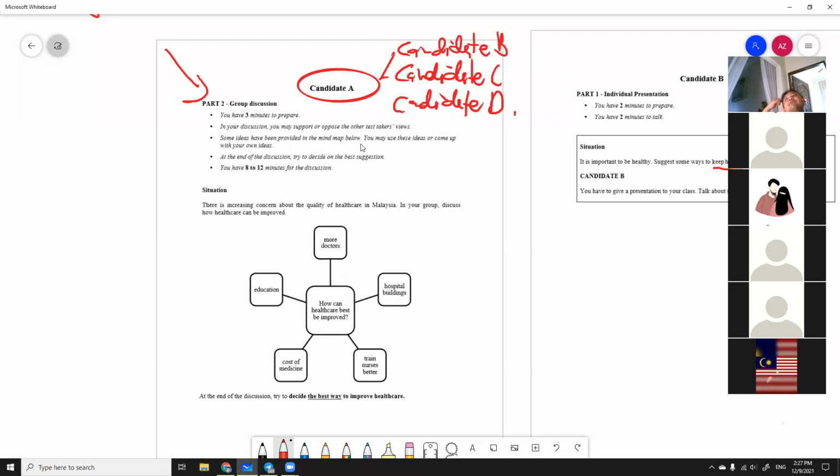Okay, just now for part one, even though you will be given the similar situation, in terms of the points that you are going to talk about, it's going to be a little bit different. Everybody will be talking about different points of view, different methods. But as for part two, it's going to be a group discussion. So just now it's individual, so you'll be talking about different points. But as for the group discussion, after everybody from candidate A until candidate D are done with your individual presentation,